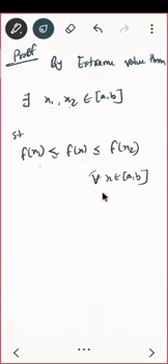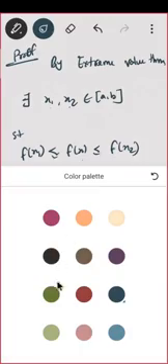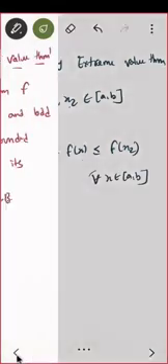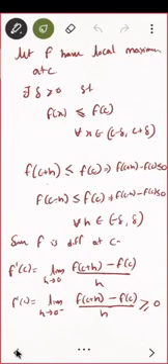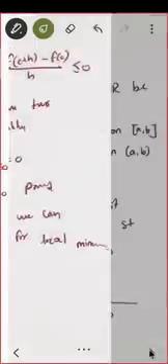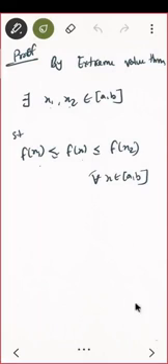Okay. Now there are two conditions you should see. If your f of x1 and f of x2 are same, then the result is trivial. Do you know why? If you remember the last proof that I did for you, there was a similar condition there too. Yeah, you can see it here. f of x is less than f of c, and f of c is between f of c plus h and c minus h. By using this technique, if you are having your f of x1 and f of x2 same,